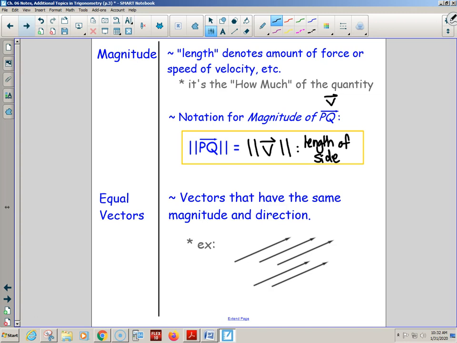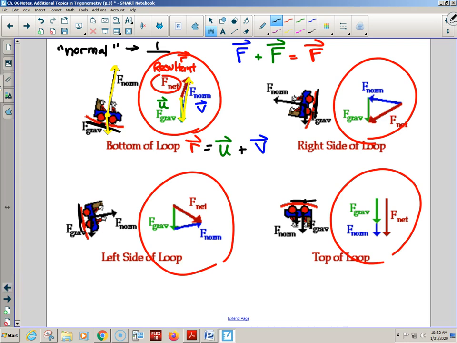I make the length indicative of the strength. Now, equal vectors: this is kind of a big deal, and kind of not. Do you guys know a second ago how I said that to make these vector diagrams, you have to actually translate the vectors? The reason we're allowed to do that, the reason we're allowed to move it all around,